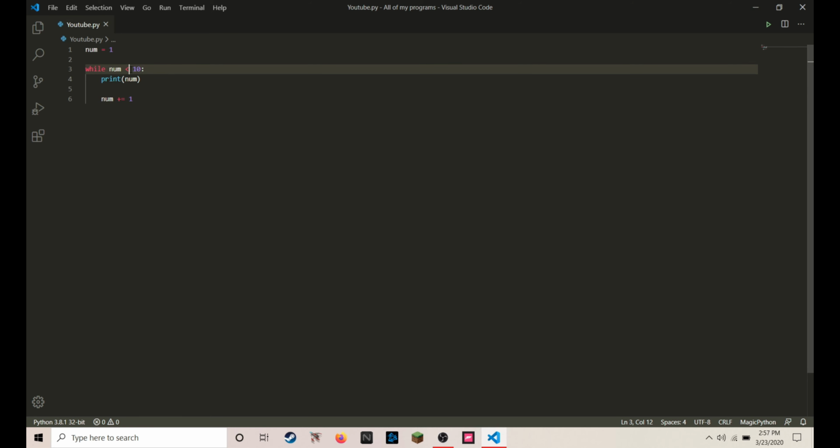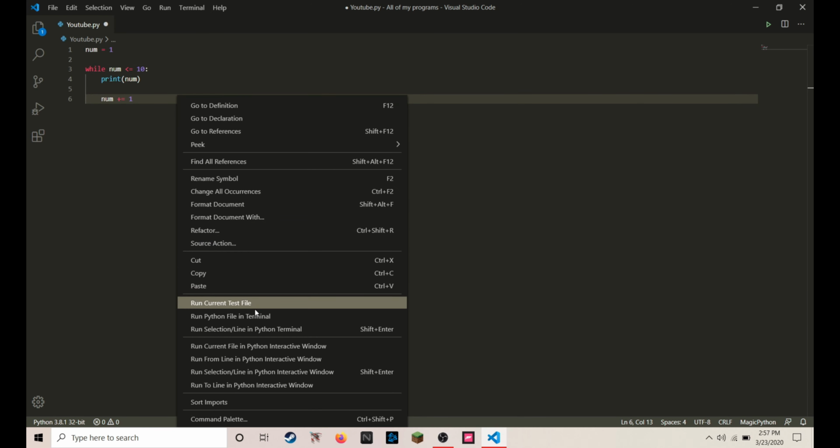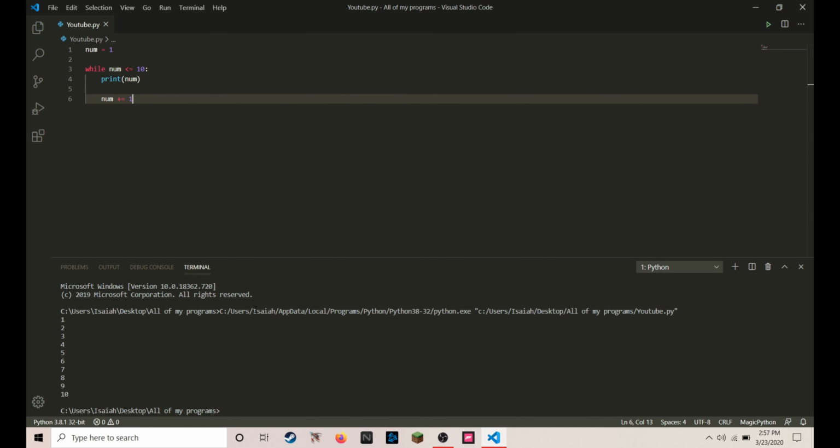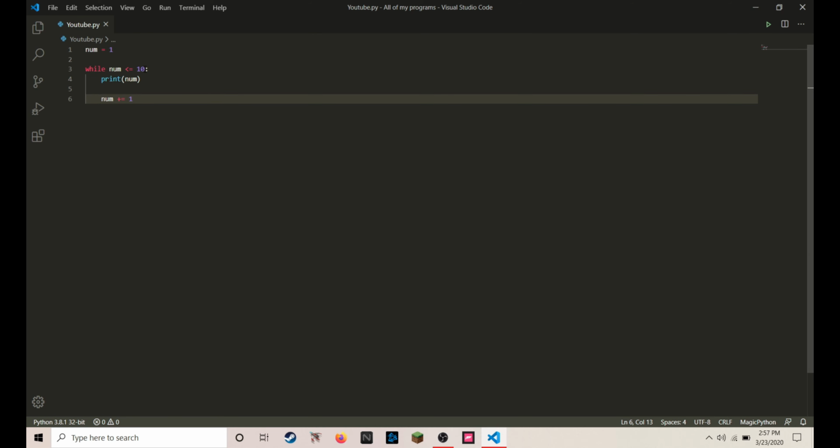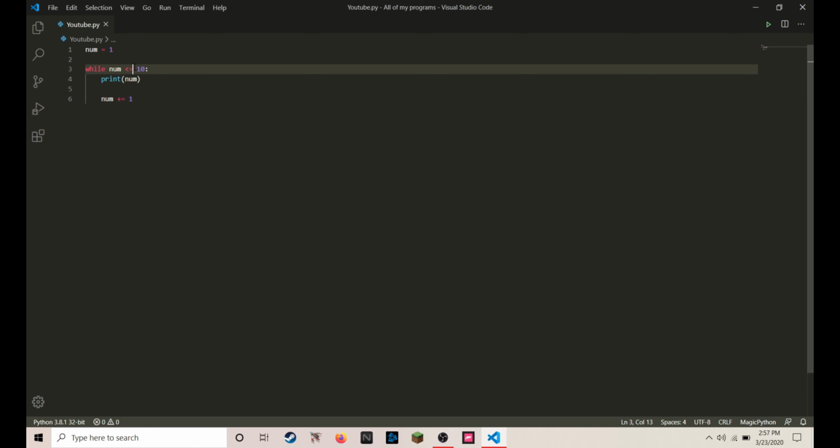And you can also do less than or equal to, and that would print the 10. And there we go, prints the 10 super fast. Oh, I just enlarged it. But yeah, you can do greater than 10, so it's just going to run until it's greater than 10. But